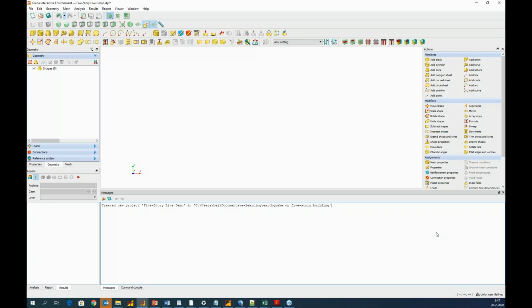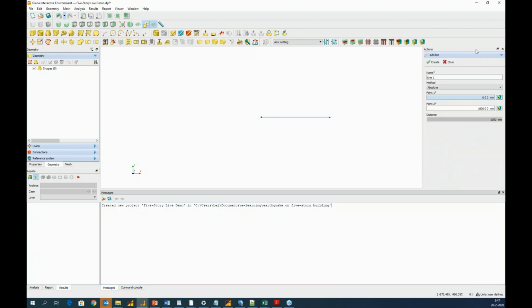I will first start by building the walls of my model and then the floors. To do that, I'm just going to define the lines. First, I will create the left wall, which will start at 0, 0 as a starting point, and end at 0, 0. Create. This is my left wall. I do the same for the right one, which will start at 10,000, and here we go. These are my 2 walls.